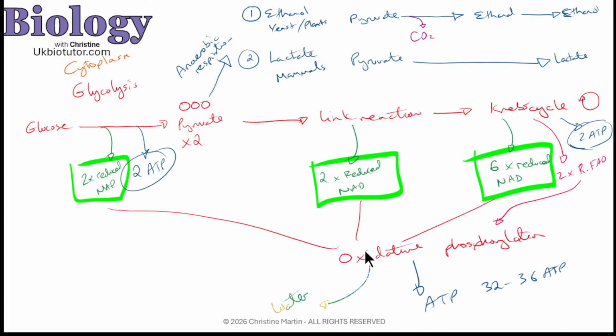And that then leads to, well, if we've got water being produced as a waste product, because it's oxidative phosphorylation, we have oxidation and reduction reactions going on, in the fact that the oxygen is the last electron acceptor. That is going to accept the electrons and accept the hydrogen ions, and therefore become water. And what do we get? We get ATP molecules.